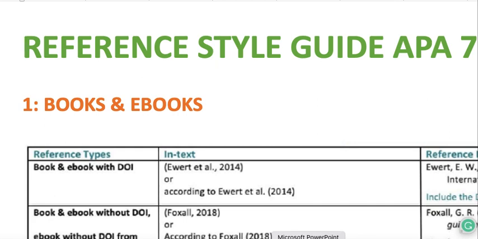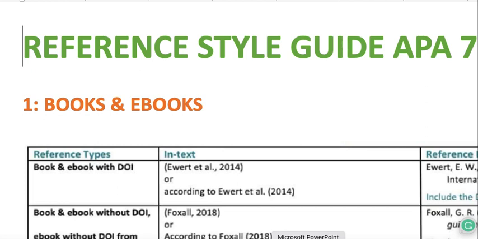the YouTube channel. This short video is about the giving of references, in-text references as well as end references, according to the style guide APA7 that we shall be discussing in this video. This has been a huge issue for most researchers in their budding stage, that they are unable to give the right type of reference. So that is why I decided to discuss APA style 7 with reference to in-text references and the